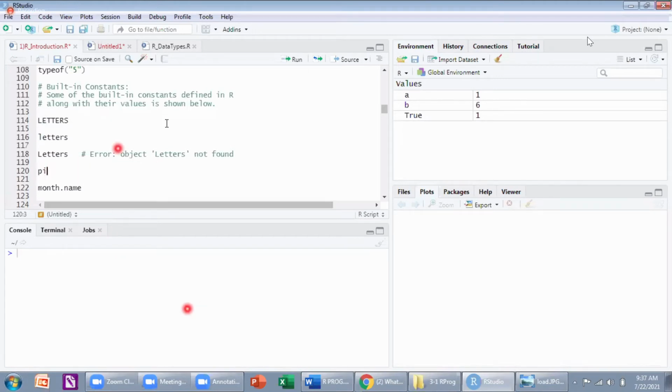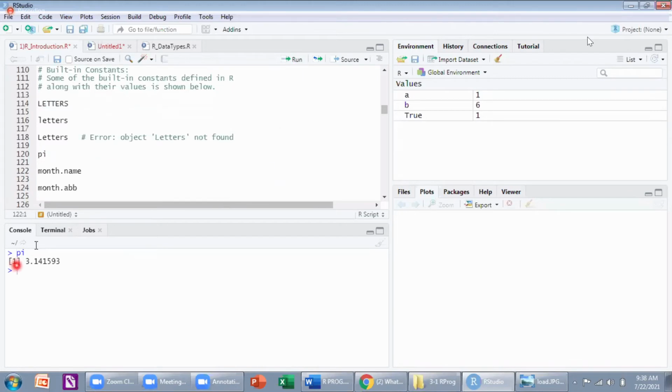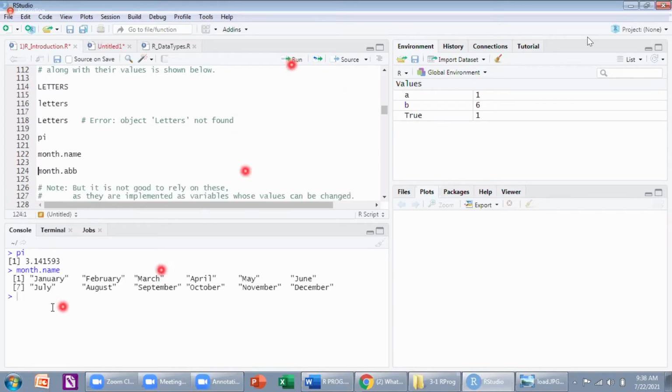Now pi will give the pi value 3.14. Now tell me month dot names. Can you guess? It's easy to guess. It will be July, August, January, all names of the month. Now tell me month dot ABB. Guess.